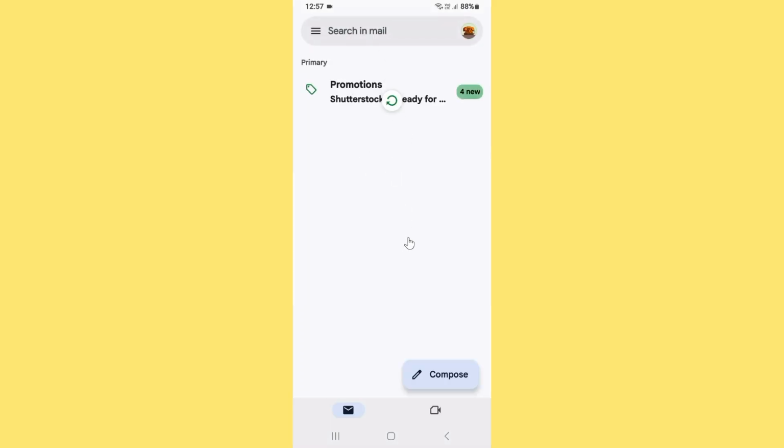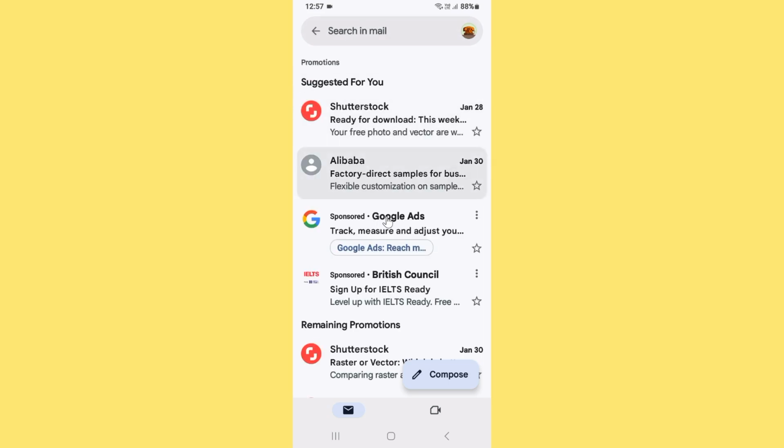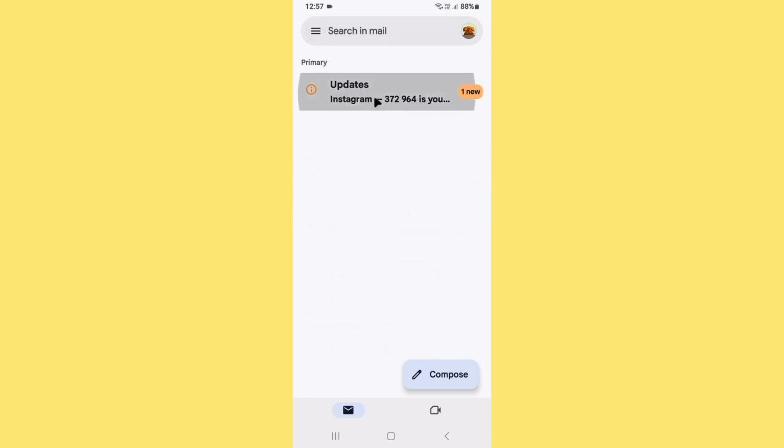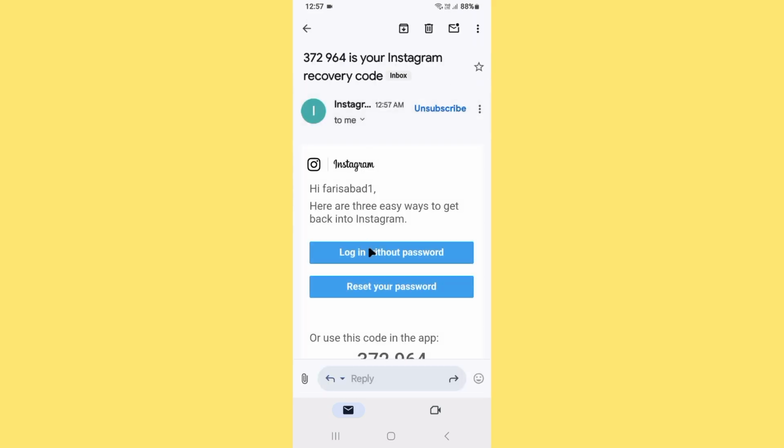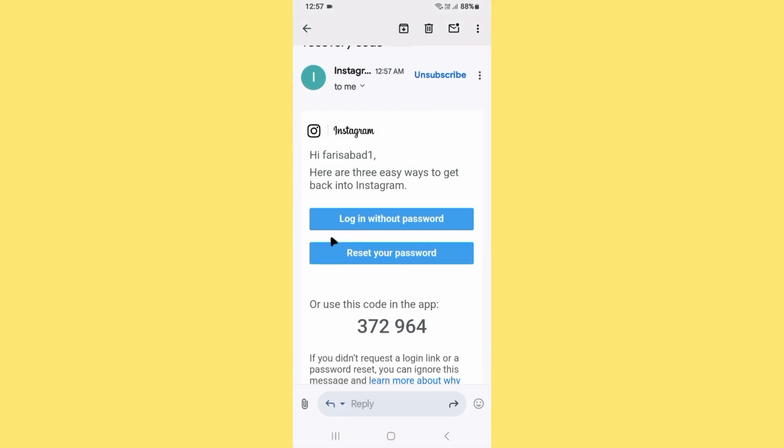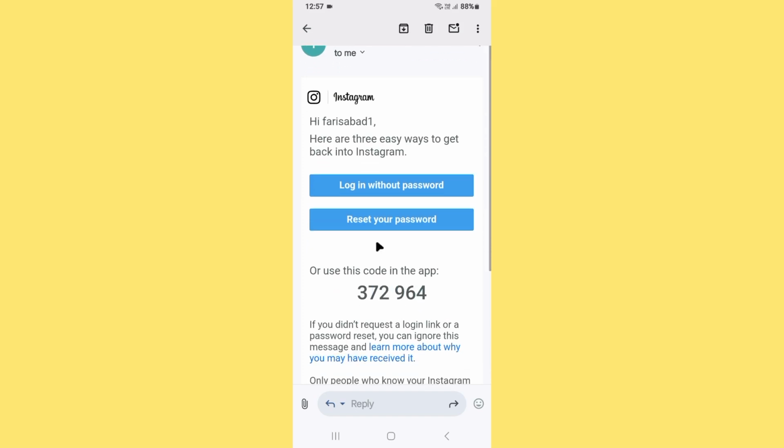and you notice that I will receive a 6-digit verification email from Instagram. Here you can see I have received a 6-digit verification email. In that email you will find the verification code, and you can also find a direct reset your password link. So you need to simply use this link,